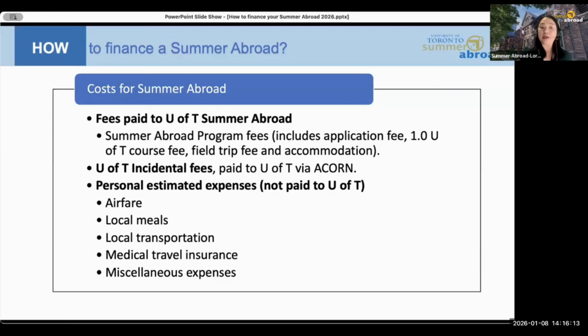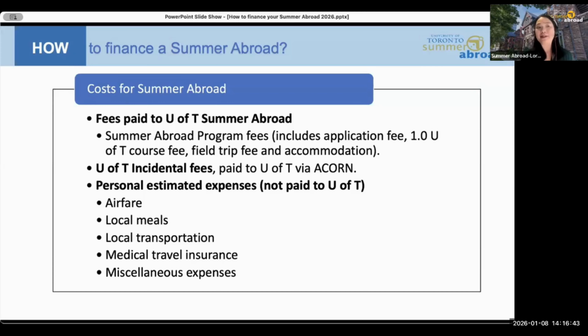So, for example, these include your round trip airfare. Maybe you're thinking about flying from Toronto. Maybe home is somewhere else. Maybe it's in Alberta. Maybe it's in China. Maybe it's Germany. So think about what your airfare cost may be. Some students I know are extremely economically creative and they're going to find somehow the cheapest round trip flight. So it's again going to differ. And what we want to do is share an estimate so you can plan accordingly.